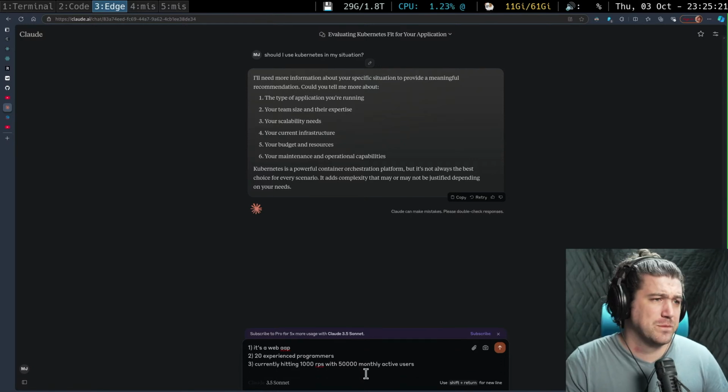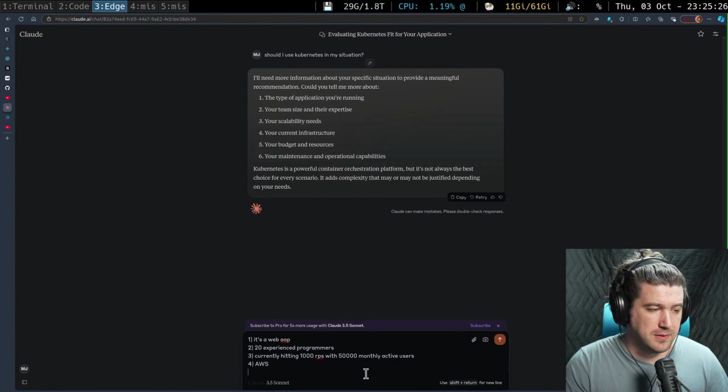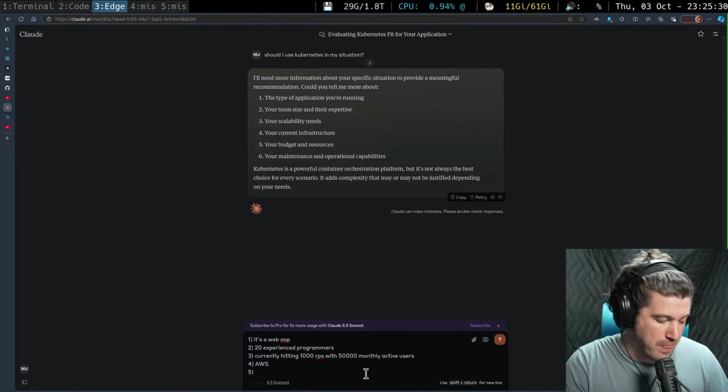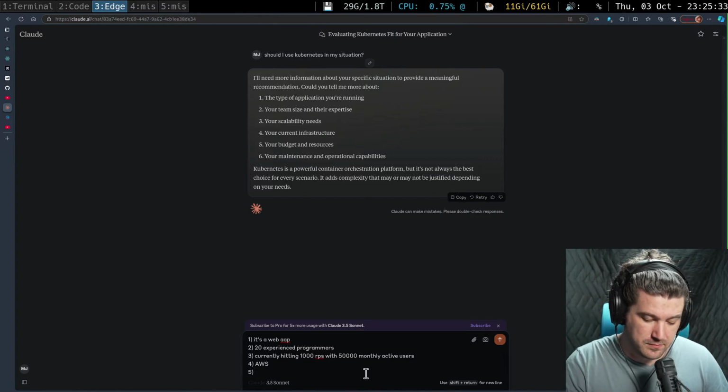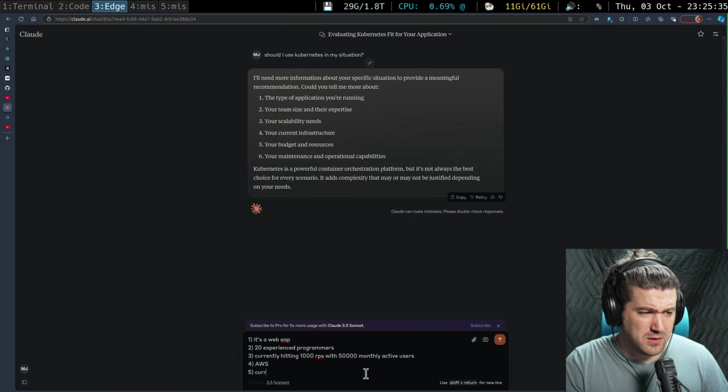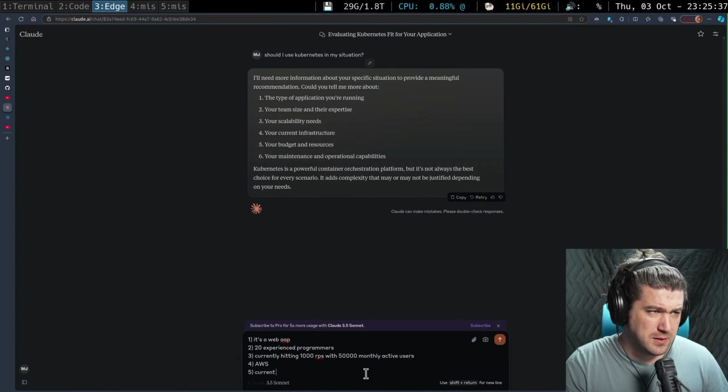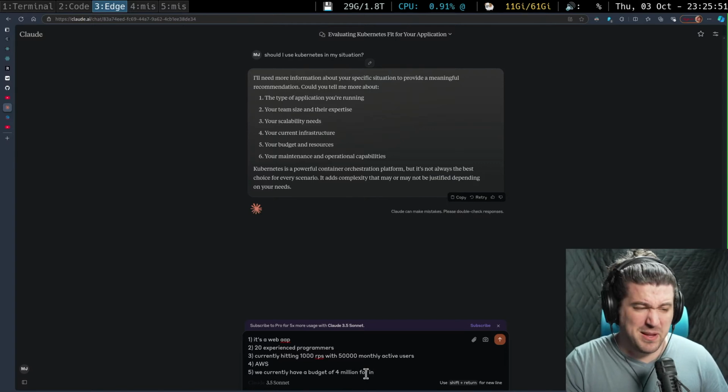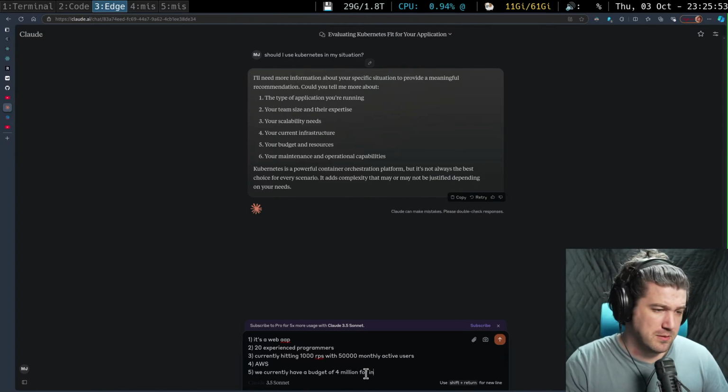Your current infrastructure: AWS. Your budget: we currently have a budget of 4 million for infra. Not a big infra.